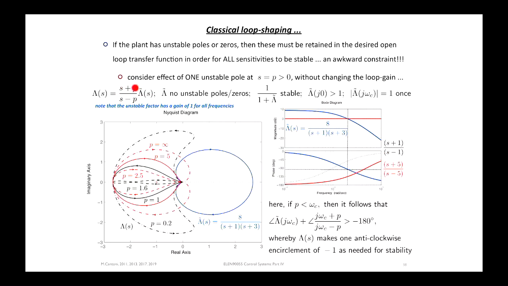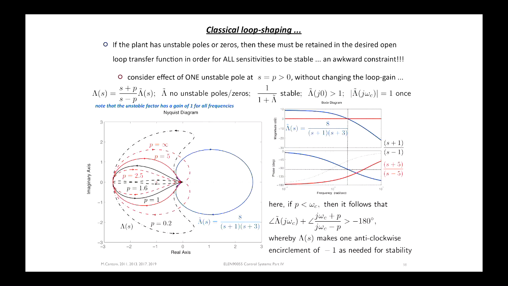Well, the phase of this at zero frequency starts off at minus 180 degrees, right? Because the sign of this is negative when you put s equals 0 in here, right? And at high frequency, it will go up to 0, right? How it does that depends on the location of P. For a small value of P, it will start like this and go up like this, right? For a larger value of P, it will start there and go like this, okay? So if P is less than the corresponding